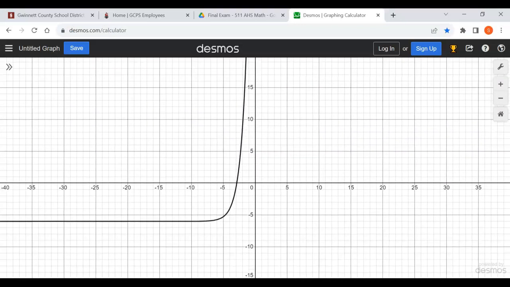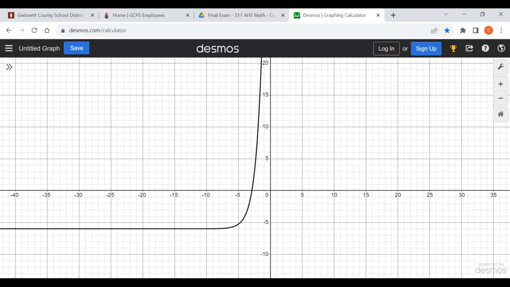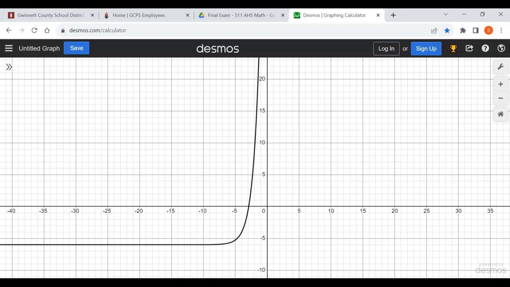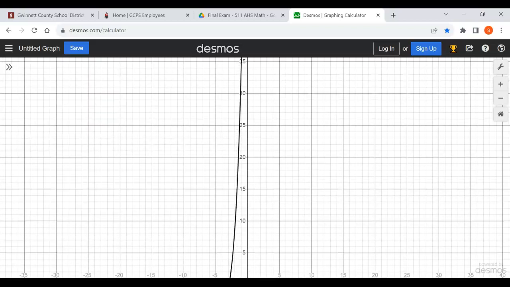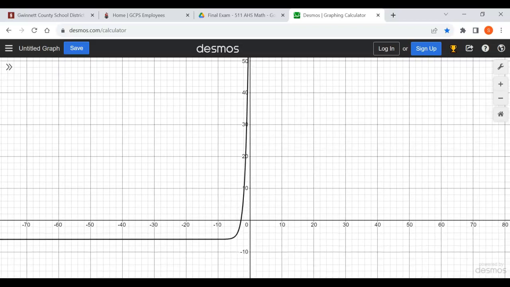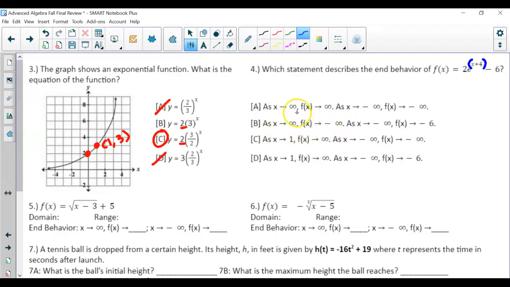Now again, zoom in, zoom out, but notice you have this horizontal asymptote now, right? As we're approaching here, -6. So as x approaches infinity, because it's still constantly going to the right, you can zoom in slowly but surely, but it's going to the right. So as x is approaching infinity, our graph is going up to infinity. So here we are going up and we are constantly going to the right. So here I can cross out C and D. So also I could actually cross out B. So let's check to make sure here